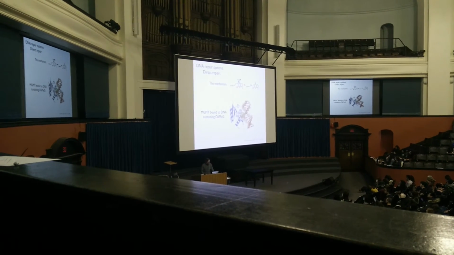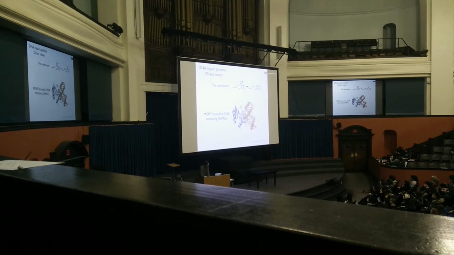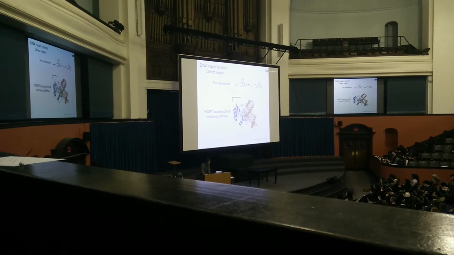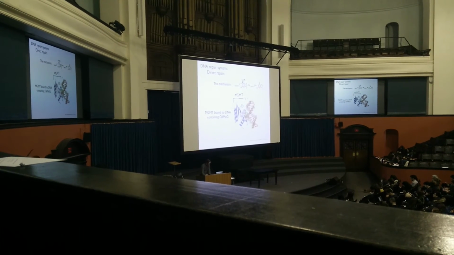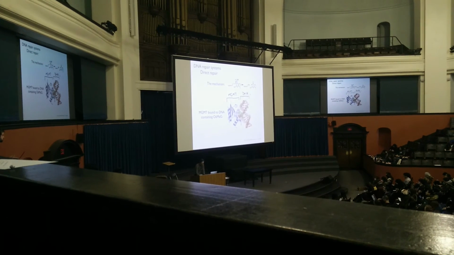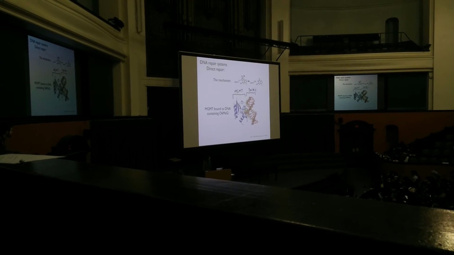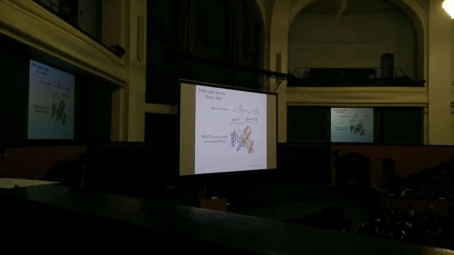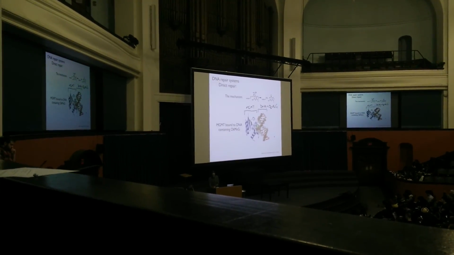What I'm showing at the bottom here is a crystal structure, and the structure is over here, MGMT, and over here, DNA, and not surprisingly, the DNA has one modified base that is O6-methyl-G. Okay, so what happens when